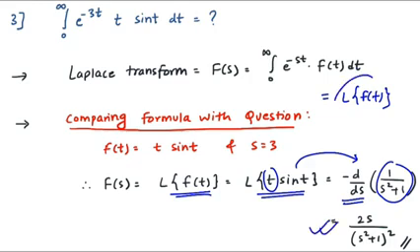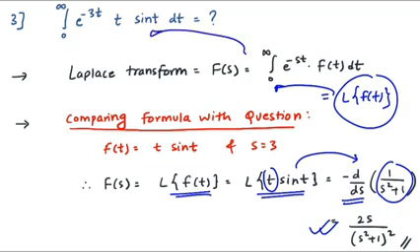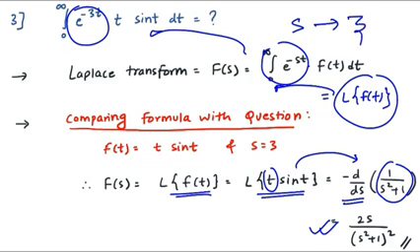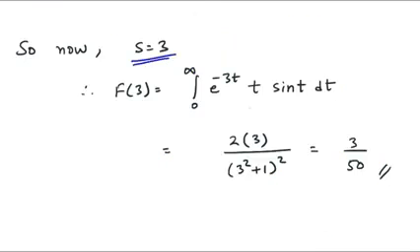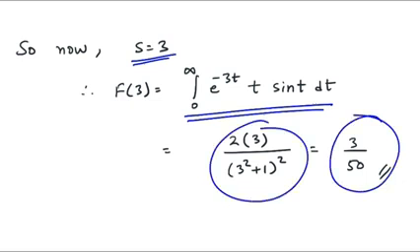Now you have the Laplace of f of t, basically means that you have this integral 0 to infinity e raised to minus st into f of t dt. But what you need is your value of s as 3, right? If you compare the integral, this exponential part, you will note that I have the answer in s, but the requirement is a constant because the value of s here is 3. So now in the next step you have to substitute the value of s as 3. So when I substitute the value of s as 3, you can see that I will get the required answer, and the answer is 3 upon 50.